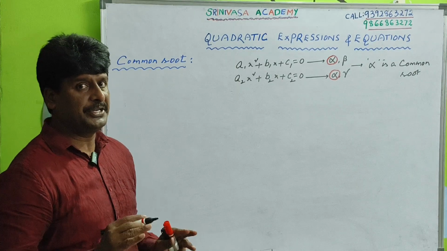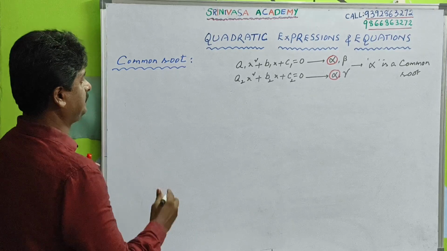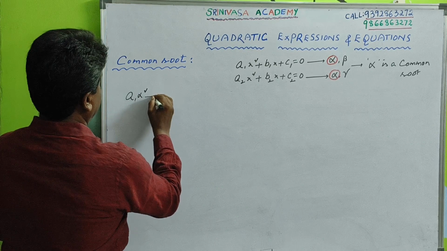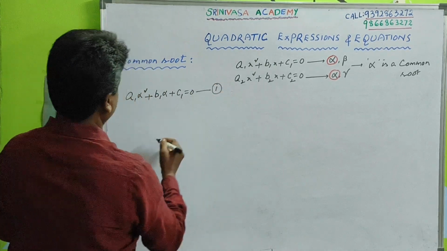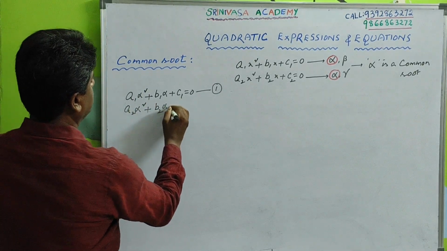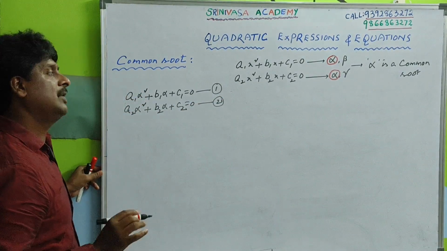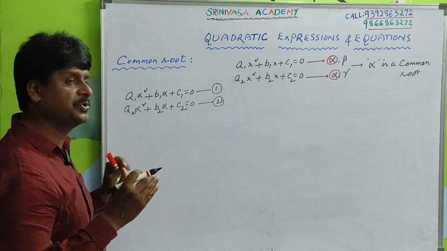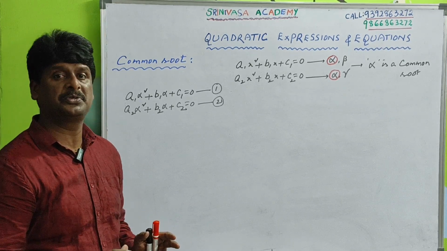Let us derive a condition when the two quadratic equations have a common root. See, first alpha is a root of first equation. We know very well that it should satisfy the first equation. Alpha is also a root of second equation. So alpha comma beta, alpha comma gamma are our own assumptions in order to derive a common root, in order to define a common root.